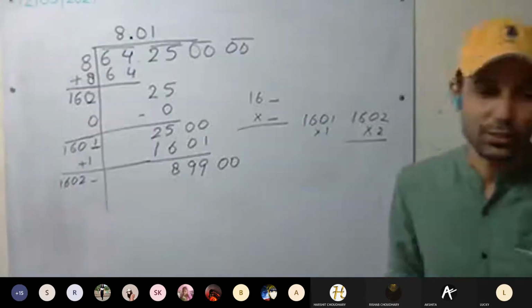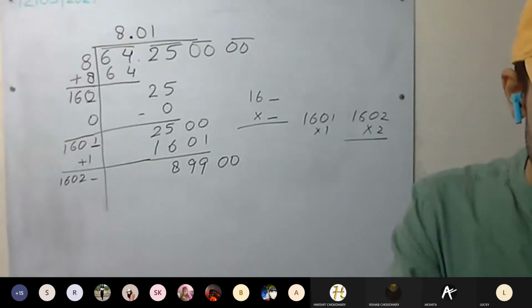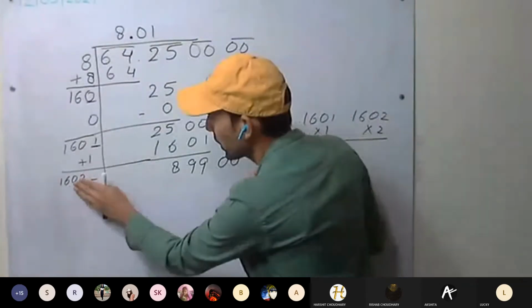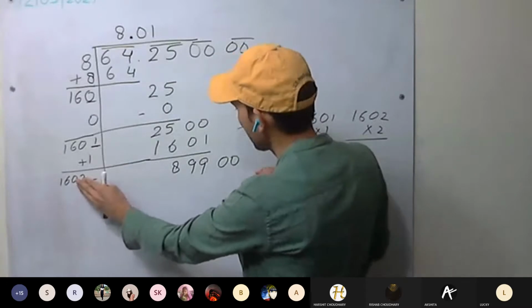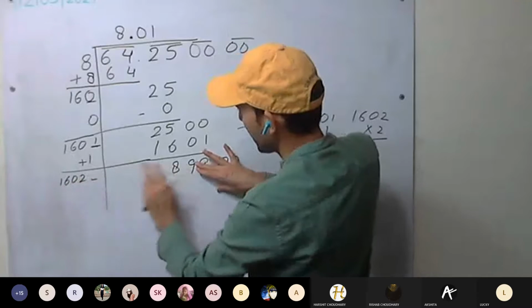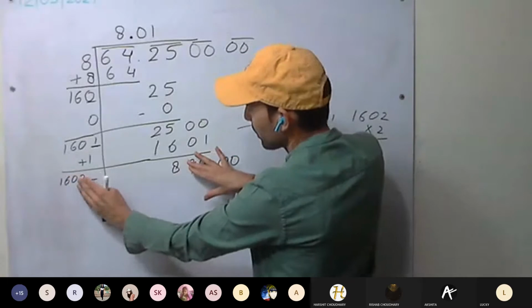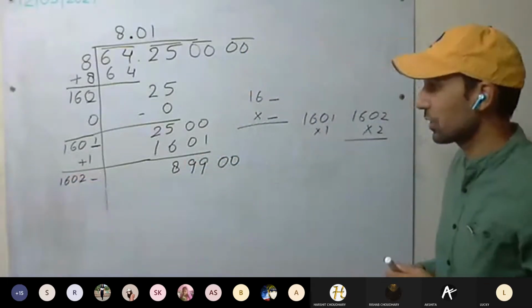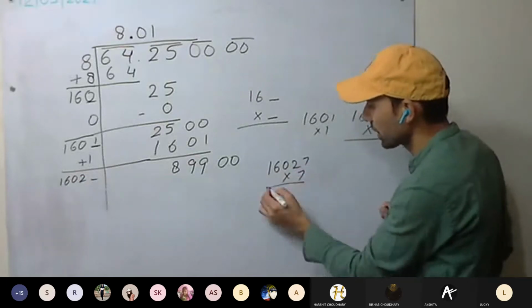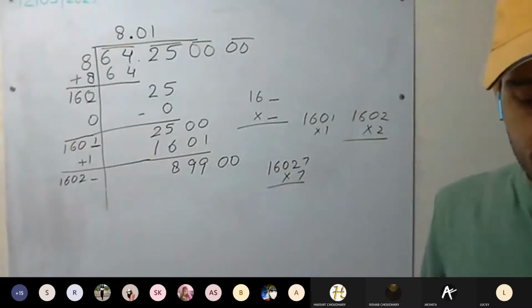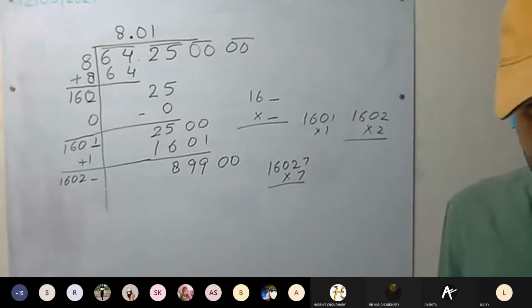2 zeros. By what should it be multiplied? Check it. So 1, 2, 3. How many digits should I leave? If I leave 3 digits, so 16 and 89. Check it. More accurate, you can get the number. With 1, it will be 8. 7 into 7. Okay, 1602, 7 into 7. Check once. And don't use the calculator. Only I am allowed to use the calculator here.